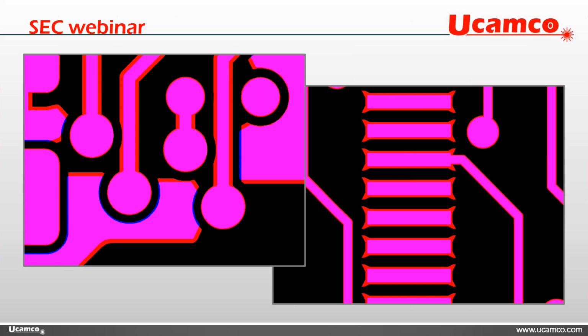So now we come to the secure edge compensation. You see already here some very nice examples of what it actually does, and I can also hear you now like, wow, what's it doing there? And I can see even some original copper, but we'll talk about that later, and all the options that you have.